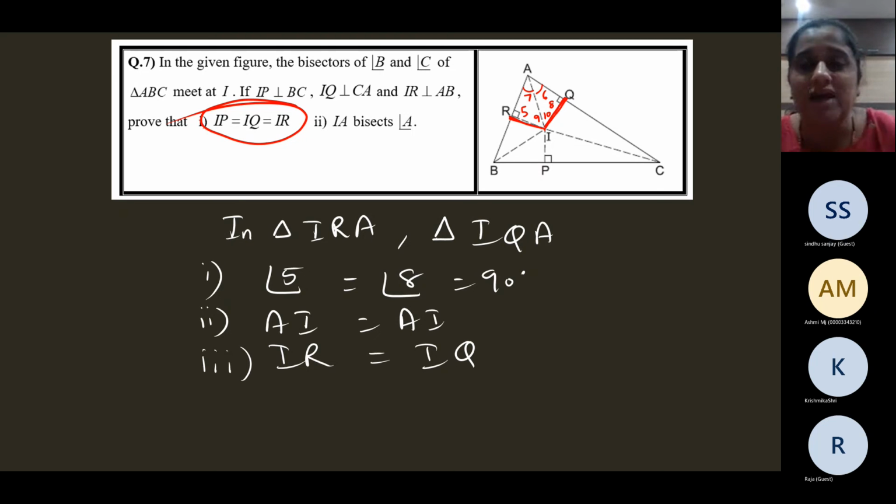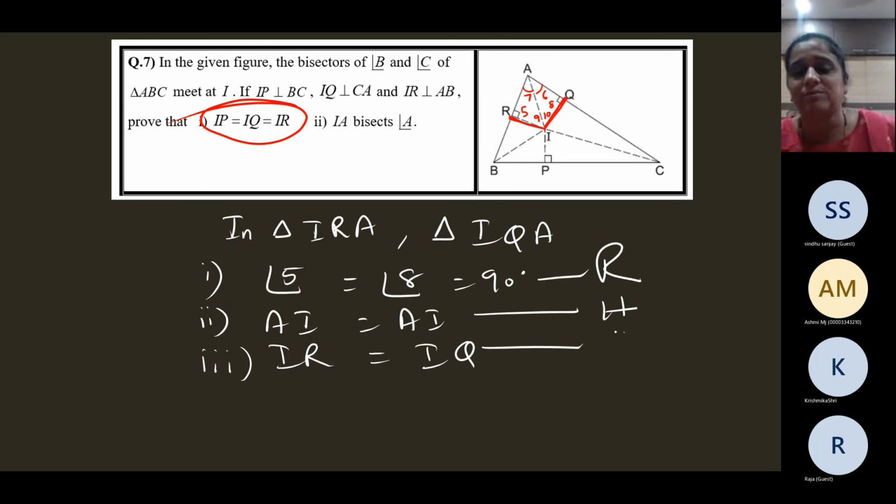So the rule is RHS because this is the right angle. AI is the common side, which is the hypotenuse, and this is some other side. 5 is equal to 8, right angle. AI is the hypotenuse to both the triangles. AI is the side opposite of the right angles in the two triangles. So it's a common hypotenuse, and some other side, IR is equal to